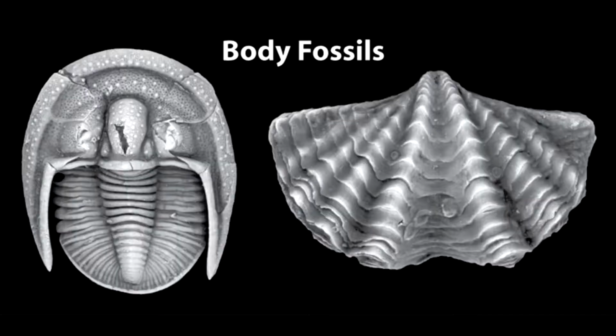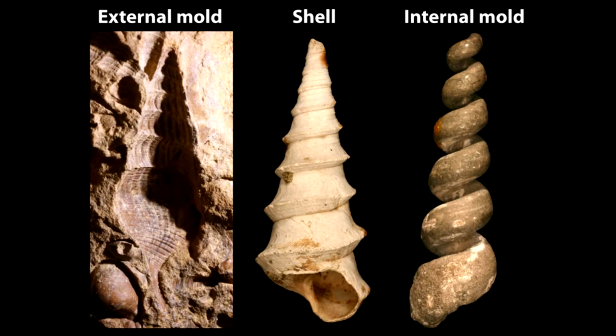A fossil is a naturally preserved remain or trace of an organism that lived in the geologic past. There are two main types of fossils: body fossils and trace fossils. Body fossils include the remains, such as bones or tissues, of organisms that were once living. And trace fossils are signs left behind by an organism indicating that they were present, like imprints, tracks, or nests.